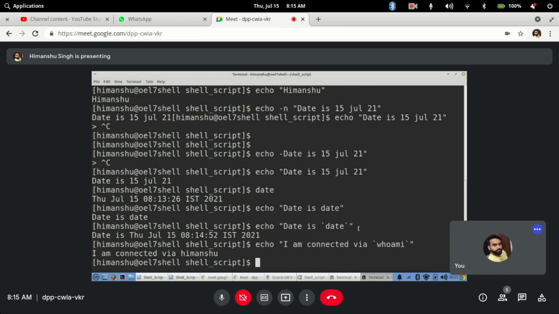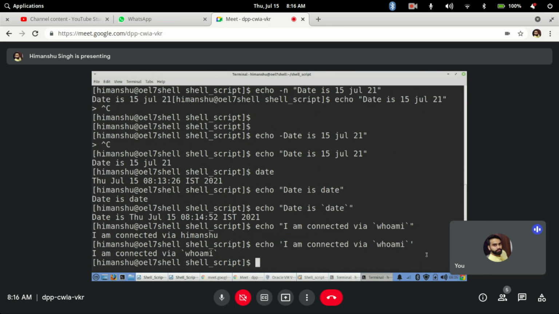Now why do we use single quotes? Single quotes are basically used for printing the string directly without interpreting anything. If I do it like this, as soon as I put single quotes, this will not be treated as a command and will not be interpreted. As soon as echo finds single quotes, it treats everything as a hard coded string.